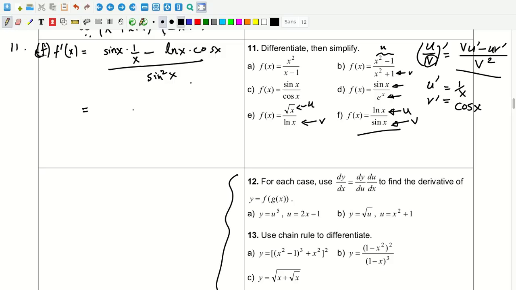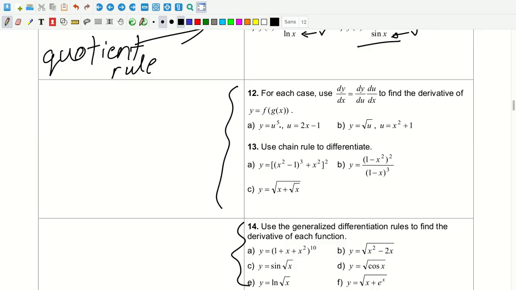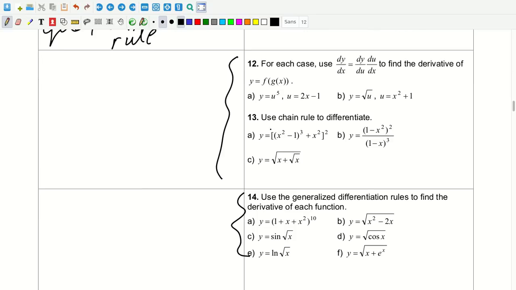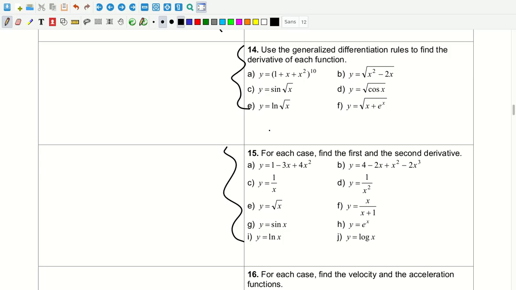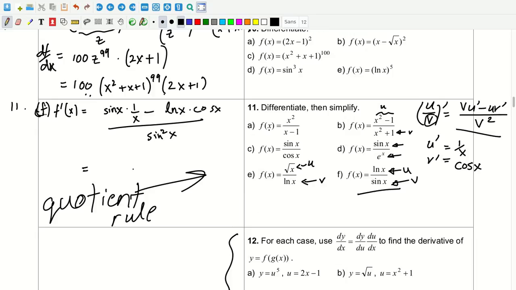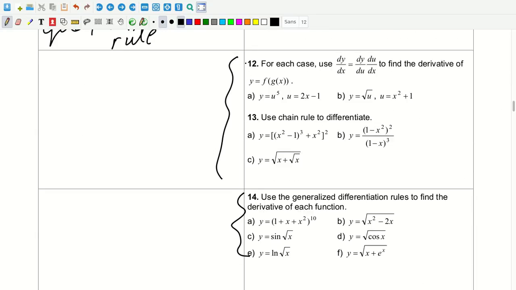So that is that essentially in terms of quotient rule. So this stuff was basically quotient rule, right? Next, we will do a little bit of chain rule. We're going to do chain rule basically for 12, 13, and 14, and then we're going to do velocity, acceleration, first and second derivatives. But I'm just going to end this video at chain rule, and then another video I guess would be on